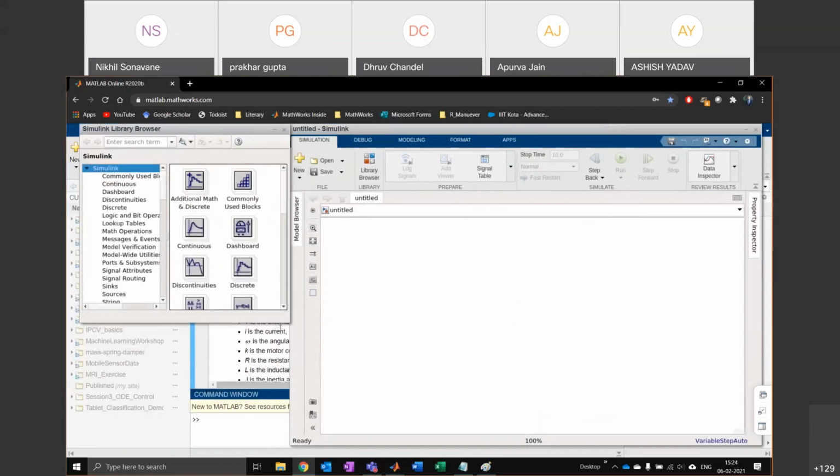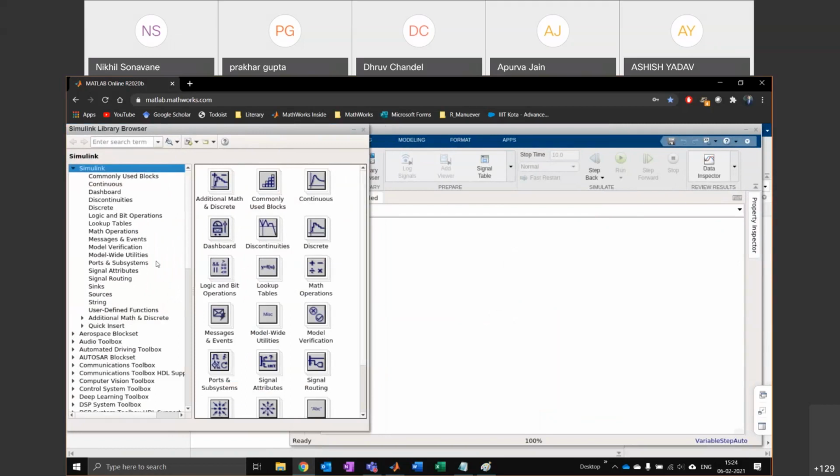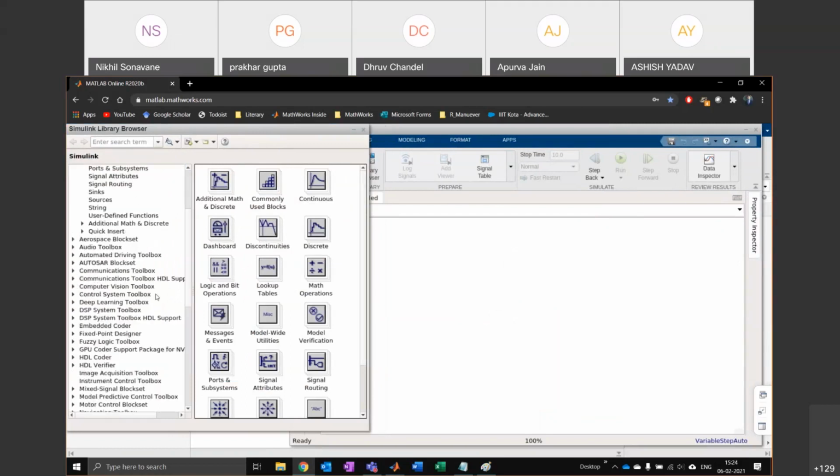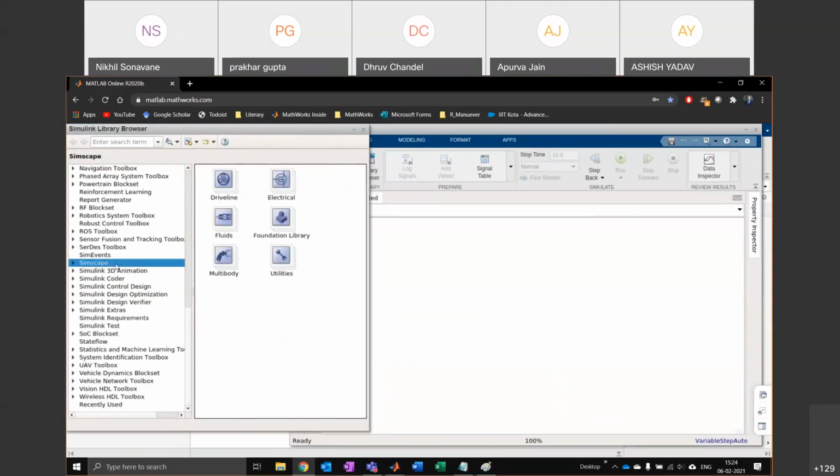Okay, so if you're on MATLAB Online, you should be able to scroll down in the library browser. And you should be able to see the Simscape there. Okay, so I want you to go to Simscape and then click on the foundation library, please.